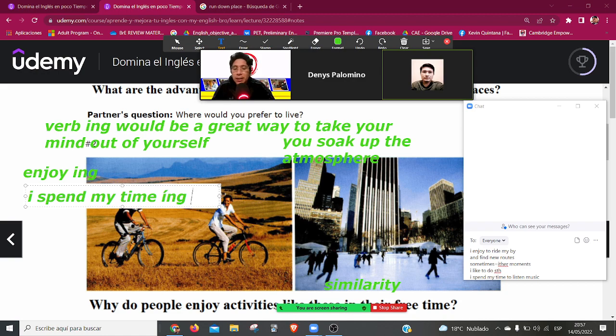Yes. Yeah, present. Then you say you find new roads. That's okay, because when you say ways, it is like formas. Like, would be a great way. Es una gran forma, es un gran camino. Okay, no es físico. En cambio, road, si literalmente estás buscando un camino o no.